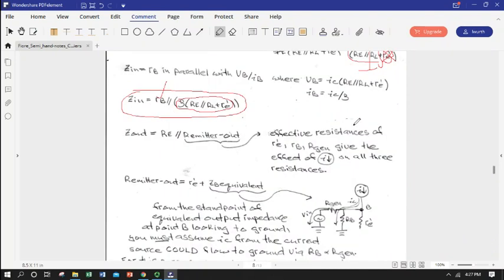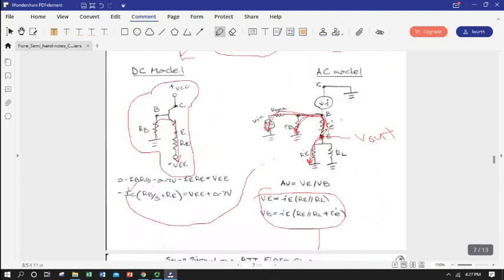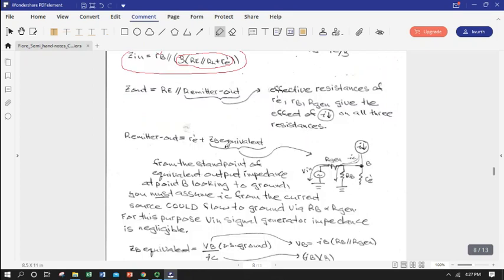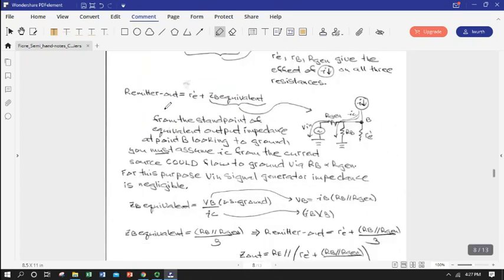And it's the effective resistances of R little e, RB, and R gen, given the fact that this collector current voltage source really can influence all of them. And we're not going to step through the proof of it. We're just basically going to state it as a point of fact and say that